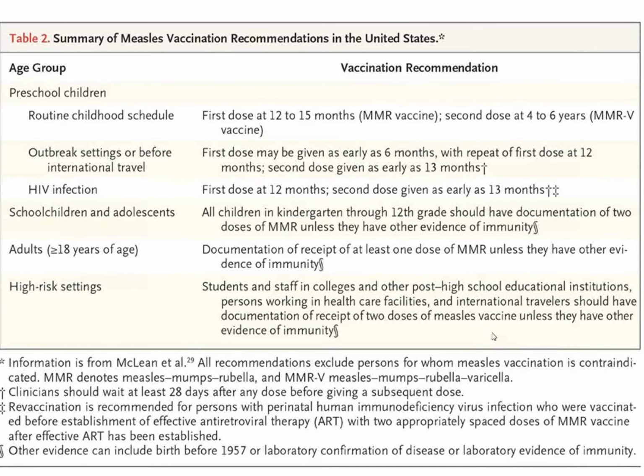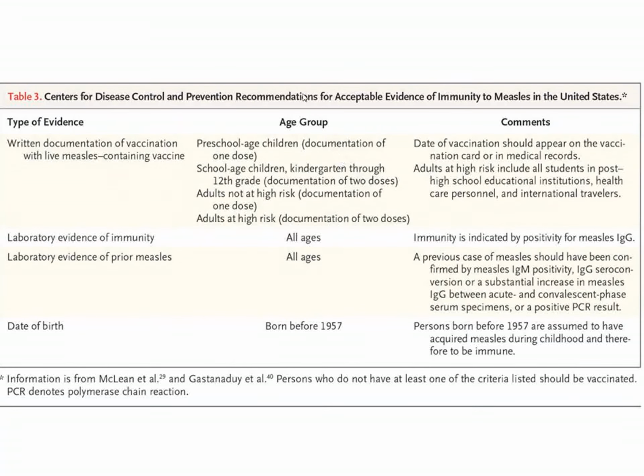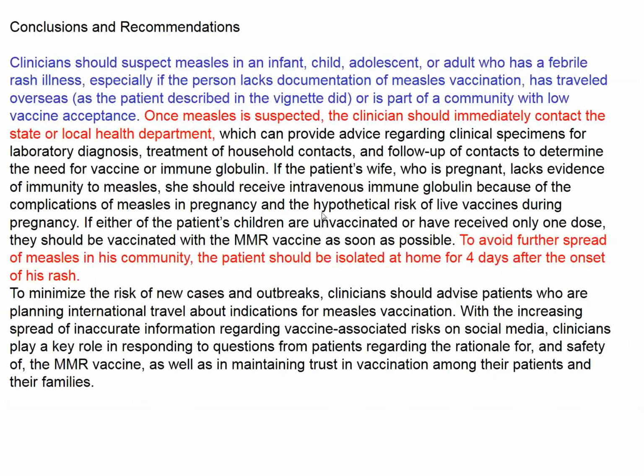And the recommendations for using this vaccine, first year of life, two doses are probably good for a lifetime. Patients with underlying disease, HIV infections, etc., everybody should get vaccinated for measles. And the Center for Disease Control and similar agencies in Germany have given recommendations for measles vaccine, but not all adults or children become vaccinated because of various reasons that I'm not going to go into now. In Germany, a law has recently been passed that all children have to be vaccinated for measles. How that's going to come down in the courts remains to be